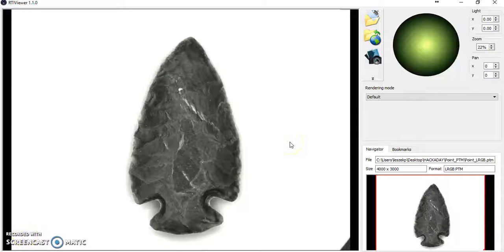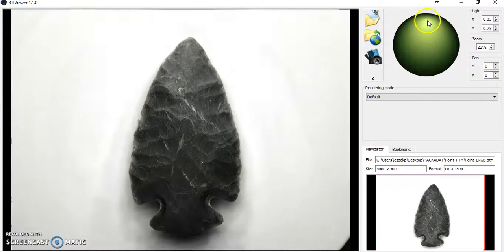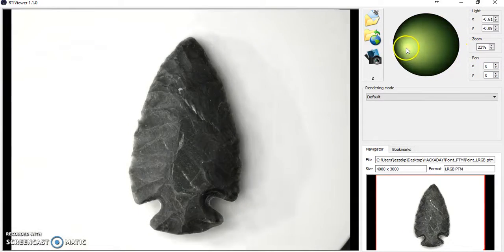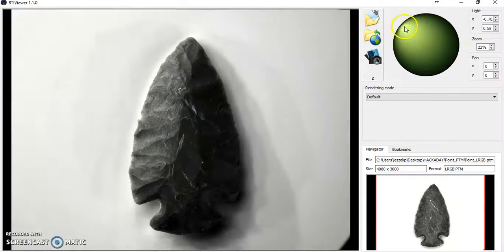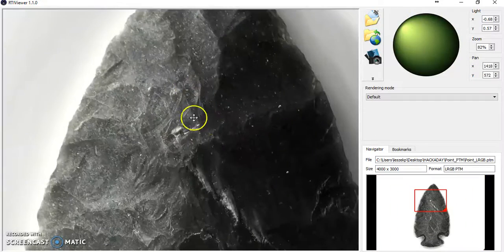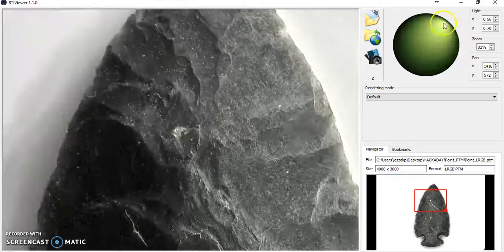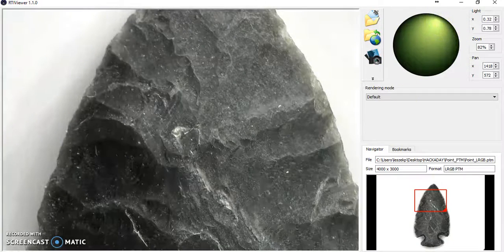So here, all 48 photos from the demonstration run done in the video above have been combined using free software into a single RTI data file. And this control up here on the upper right-hand side allows you to change the lighting direction. And as you do that, different details show up on the surface that aren't immediately obvious. And you can zoom in and take a look and find stuff that doesn't show up in the original photos,